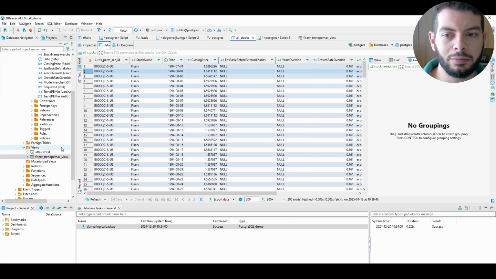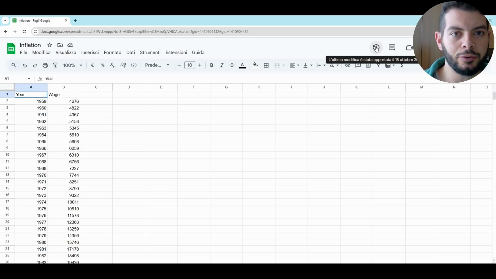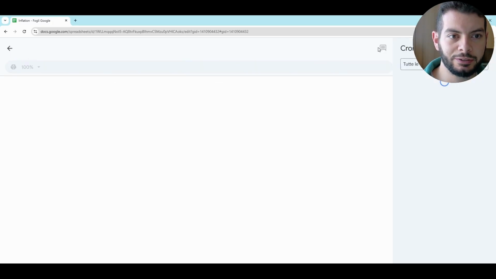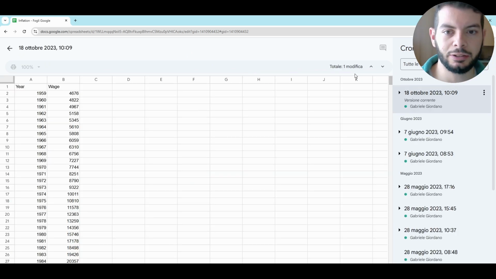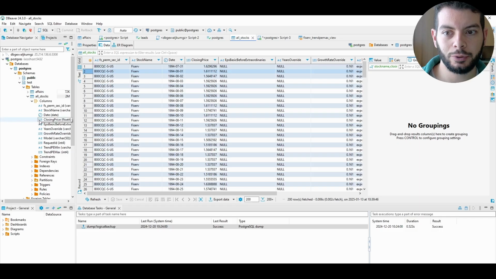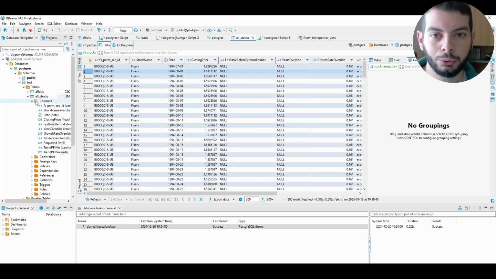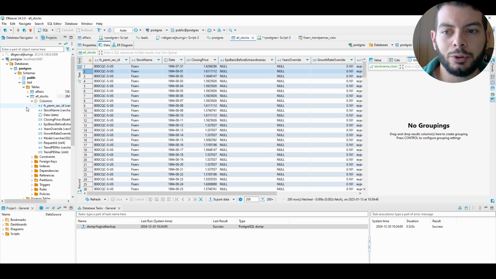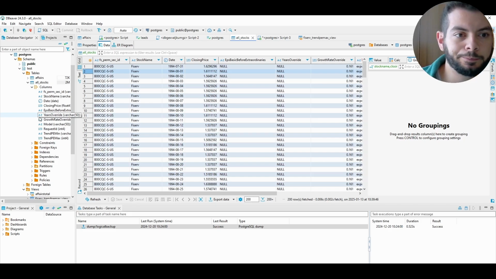The general problem when moving from a spreadsheet to a proper database is that in spreadsheets you have the review of the edits, the so-called versioning. And for a database, especially if you don't rely on the cloud, you have to do it yourself. For example, on this software you can't do it, and on pgAdmin you can do it with the so-called publication and subscription. And notice that, strictly speaking, that doesn't belong to versioning.